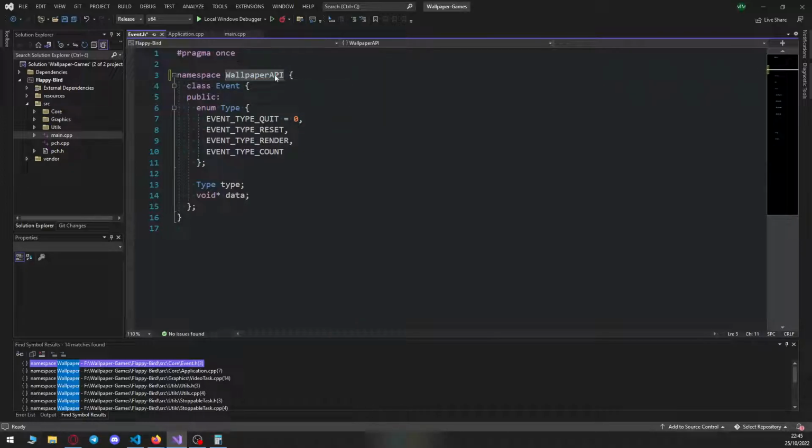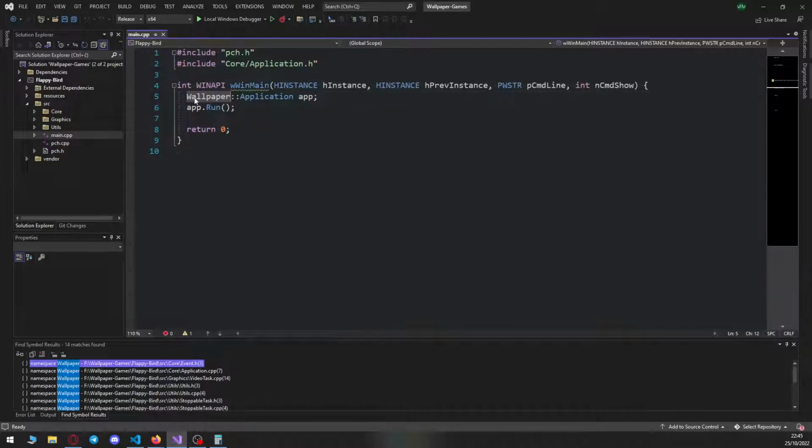Anyways, nice name for an API of wallpaper. If anyone has better ideas, please do tell them. But yeah, we are going to redo more of these things. So let's start from the